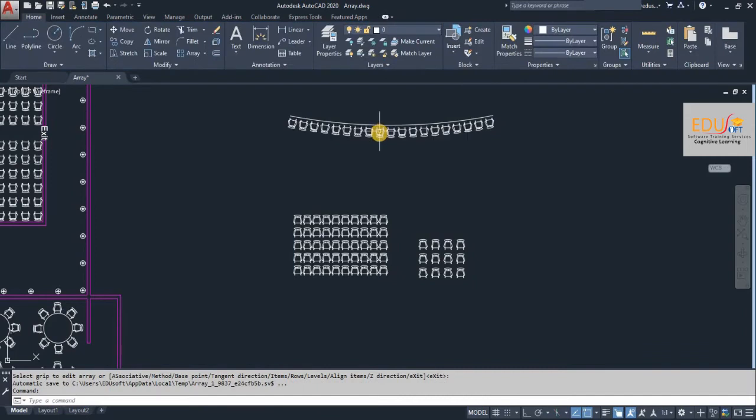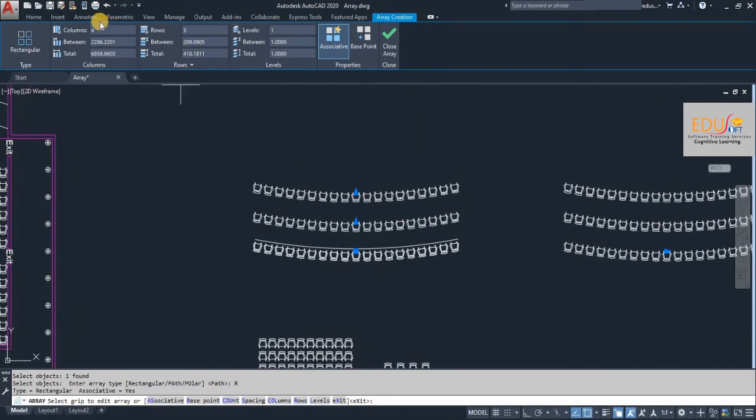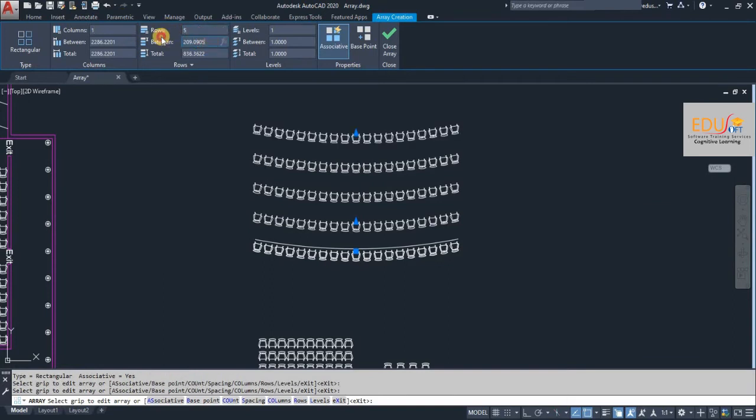Now if you want to arrange these chairs, you can copy this row and paste it towards the bottom, or you can use rectangular array to arrange. If you reduce the columns to 1 and rows to 5, this will be arranged like this.